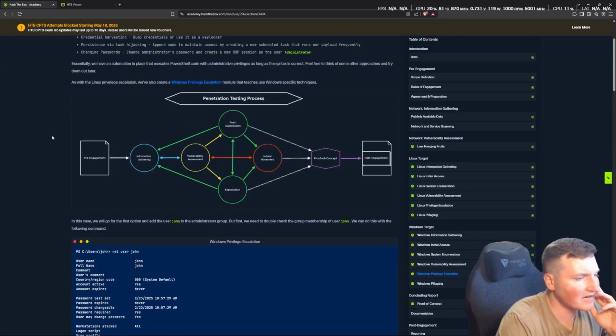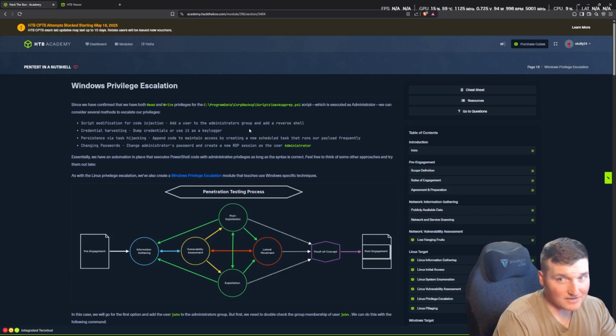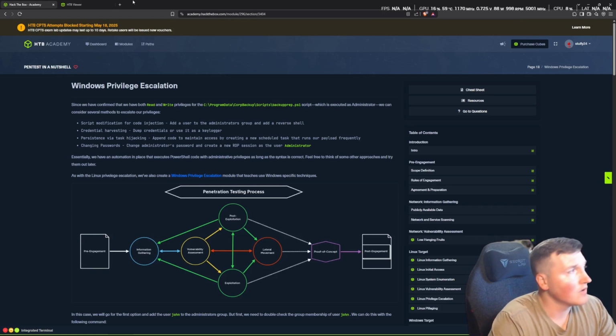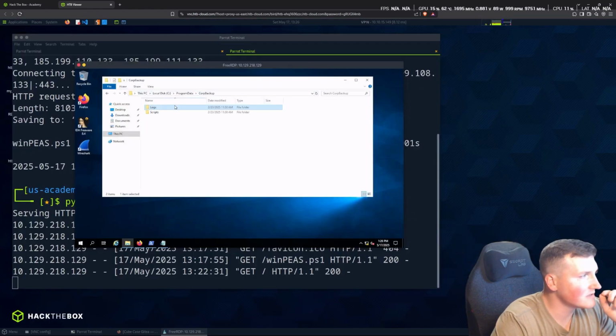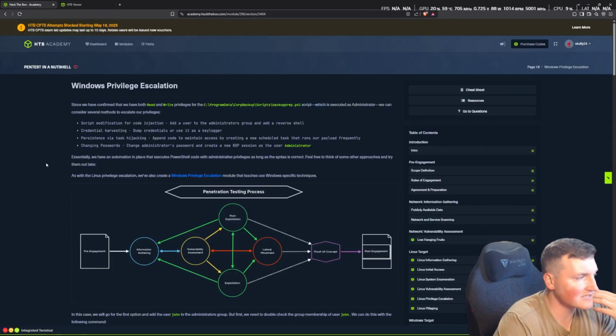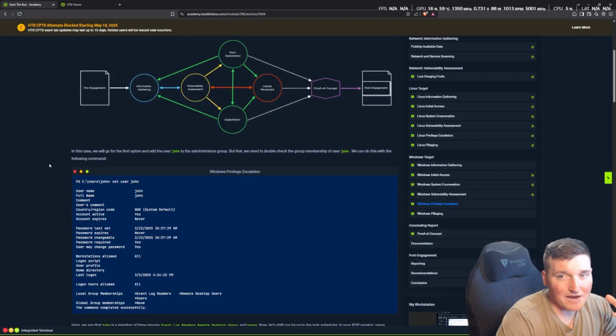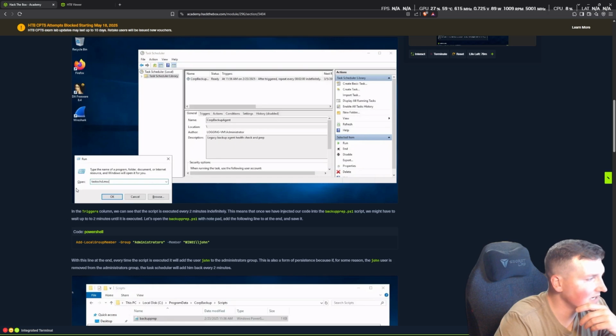So now we're moving right along to Windows privilege escalation. Now we've pretty much set the stage. We know exactly what we need to do. We have access to take over this script, to edit it, right? Well, if we can edit it and it runs as admin, that means we can just set up a reverse shell. That's usually what people's mind goes to. One thing that people don't think about is things like this, because a reverse shell might be a little bit loud. They could just do something like this where, in this case, they actually, and here they're showing you